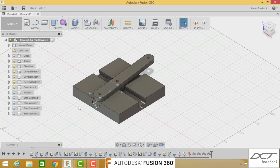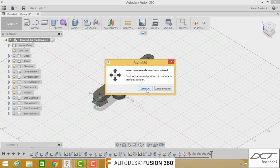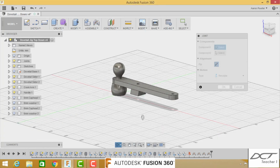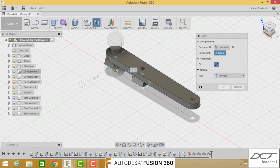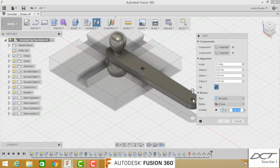Okay, so now I want to put in the handle over here. So here's my handle. All right, I'm going to turn off my base. It wants to capture the position because I've moved it. Ignore it. I don't like capturing it, just jams up my timeline. Free orbit around, escape out of that, pick the center. See, I've touched that face, control key, I've got it. Go back to a home view, turn my base back on, top of the crank arm, control key, select it here,